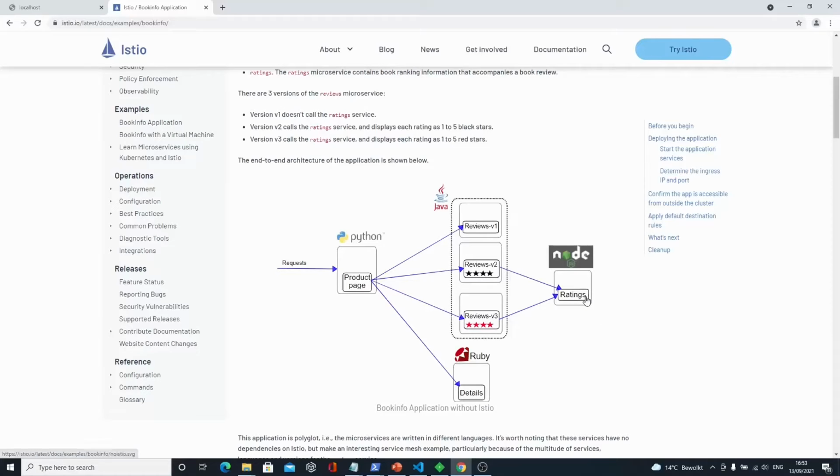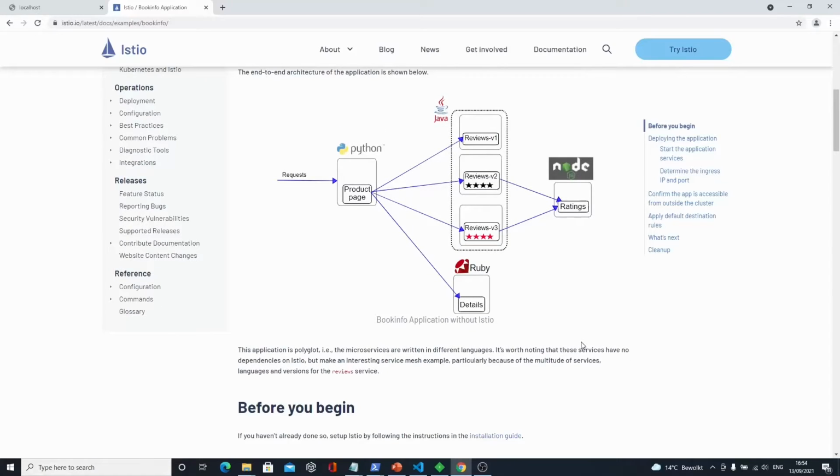So it's also a microservice app, with each service doing a limited set of functionalities, and they communicate with each other, in this case, all synchronously. So there is no message bus or message broker in between. I'm going to use this one.